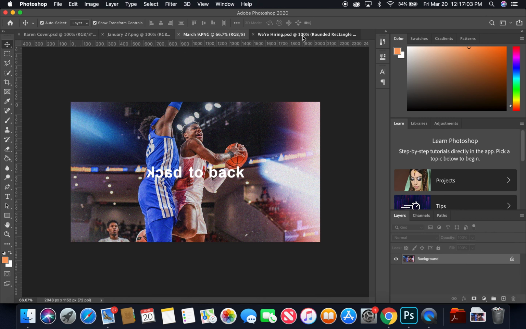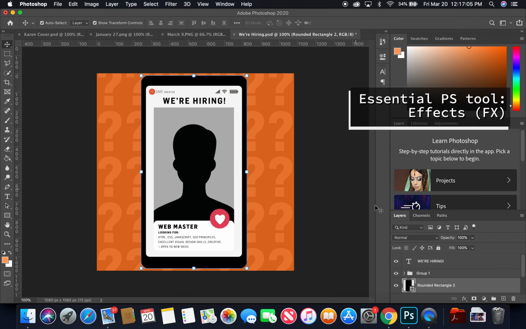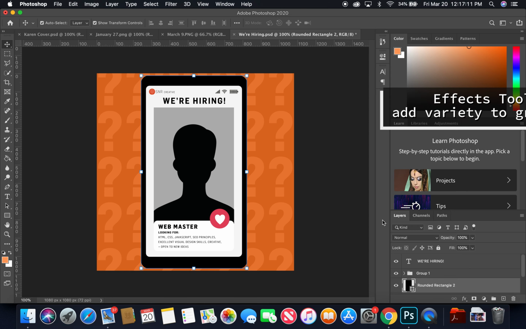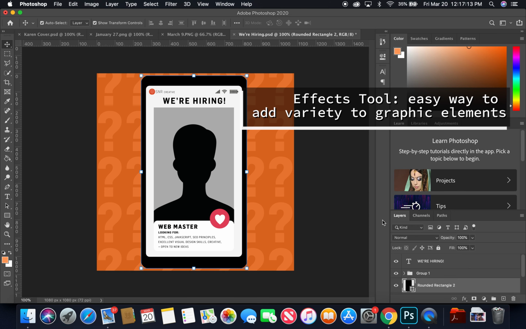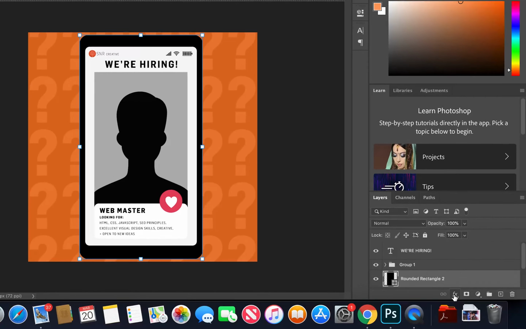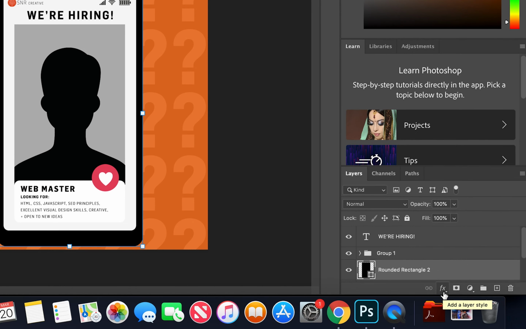And lastly, my third most used tool is the effects tool. So with the effects tool, I use it to give a little bit more variety in my designs. So all you have to do is go to the bottom right corner again, and there is a button that